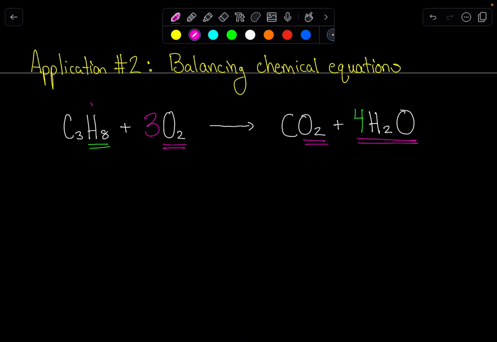And we're like, okay, we've checked off the hydrogen, we've checked off the oxygens, and then you're like, oh no, but by doing that, how many carbons are going into this equation? 3 carbons are going in. How many are coming out? Just 1. So you're like, oh, I'll solve the problem. I'll put a 3 in front of that. But putting a 3 in front of that throws off the number of oxygen. And then we have to go back and work with this. And it's kind of a repetitive cycle. And so ideally, when the dust settles,